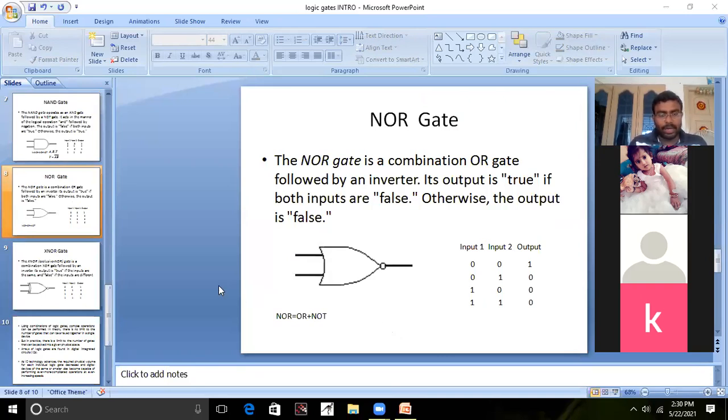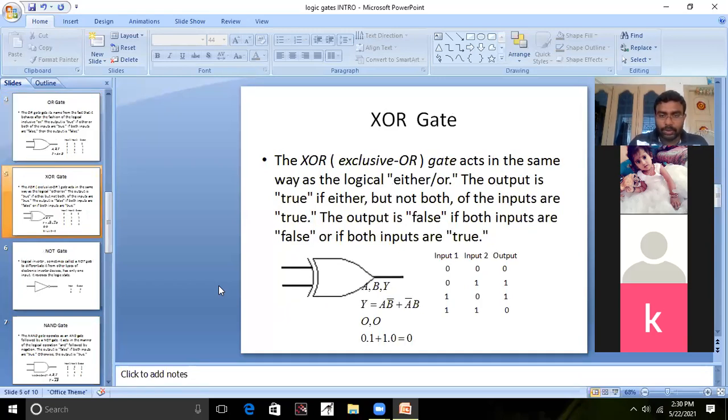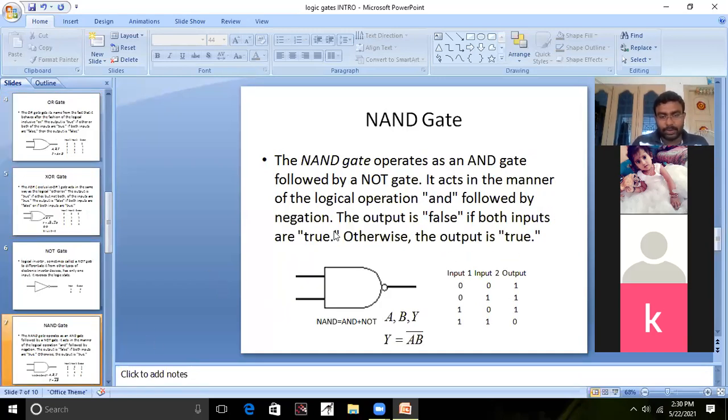What is the expression for the OR gate? Y equal to A plus B, sir. Yeah, that is correct. Y is equal to A plus B is the output for the OR gate. Inversion of this one is A plus B whole bar. Guys, remember, A bar plus B bar is different. A plus B whole bar is different. So the logic symbol of the NOR gate is this one.